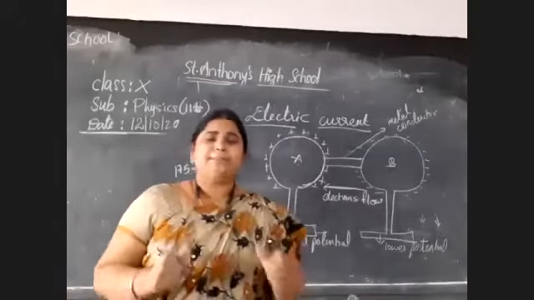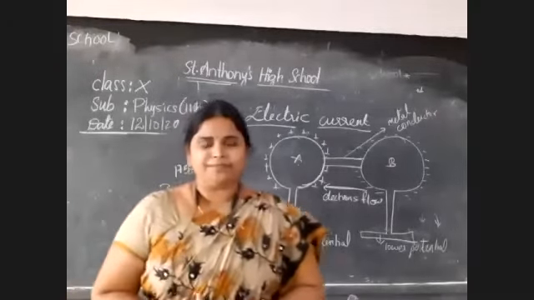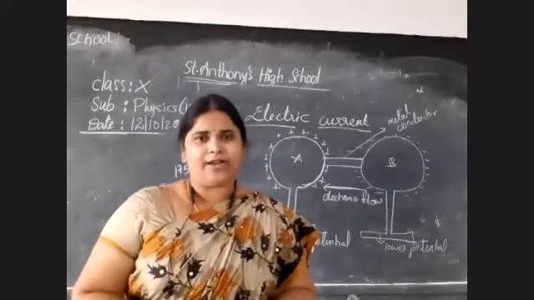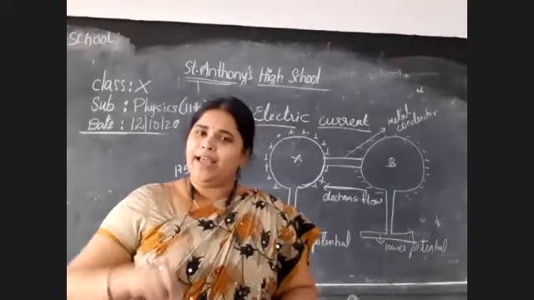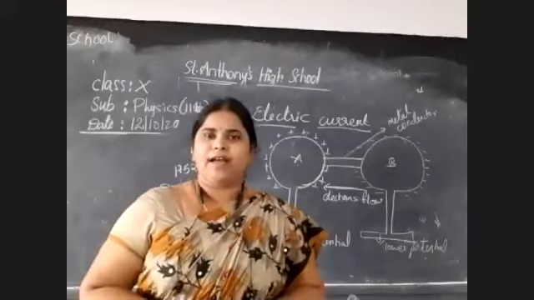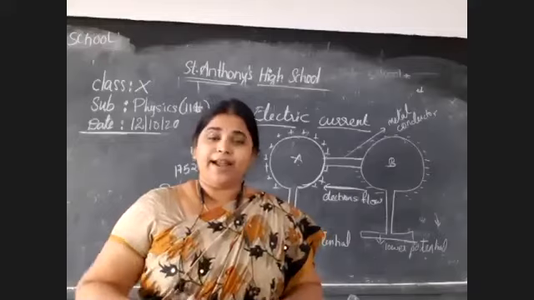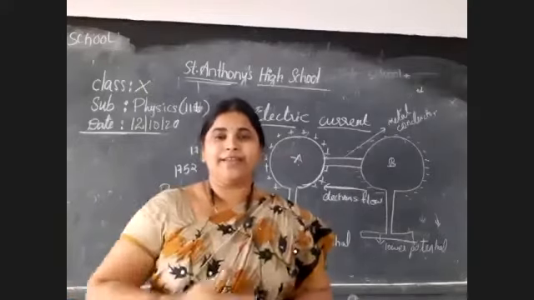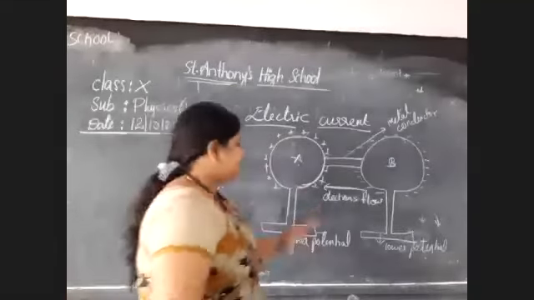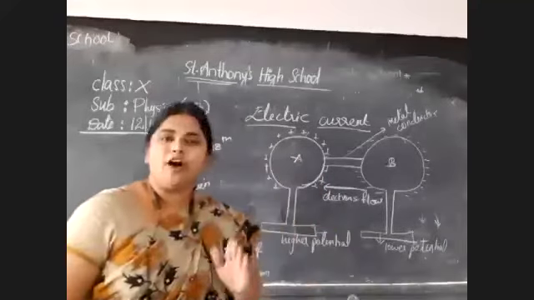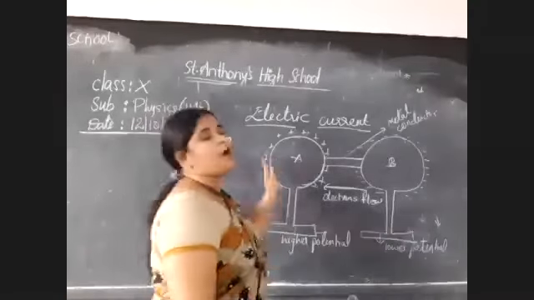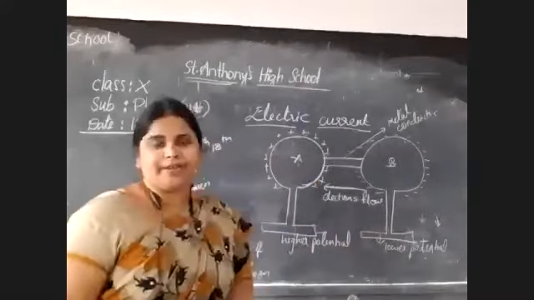So what did some intelligent scientists do? They said that electric current is a scalar quantity, and electric potential is also a scalar quantity, so why do they need a direction? Let it be, and let us just redefine it as the conventional direction of flow of electric current from the positive terminal to the negative terminal.